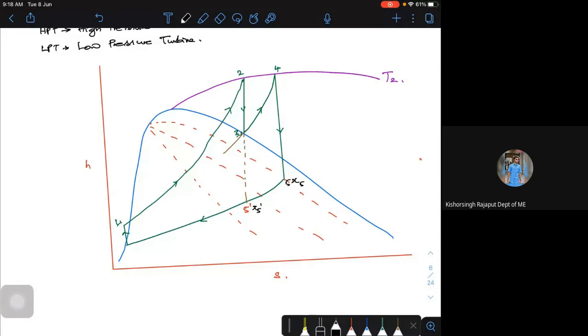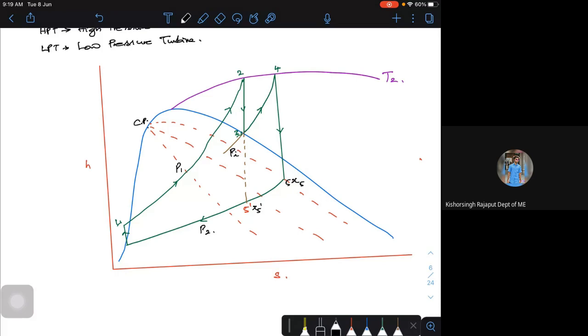This is the boiler pressure P1, this is my condenser pressure P2, this is my intermediate pressure Pi. That's the reheating, and this is your critical point. In the HS diagram, I'm trying to explain that there is an increase in heat addition. Can we show it on a PV diagram? We can show it on a PV diagram also, or on an HS diagram, it doesn't matter.